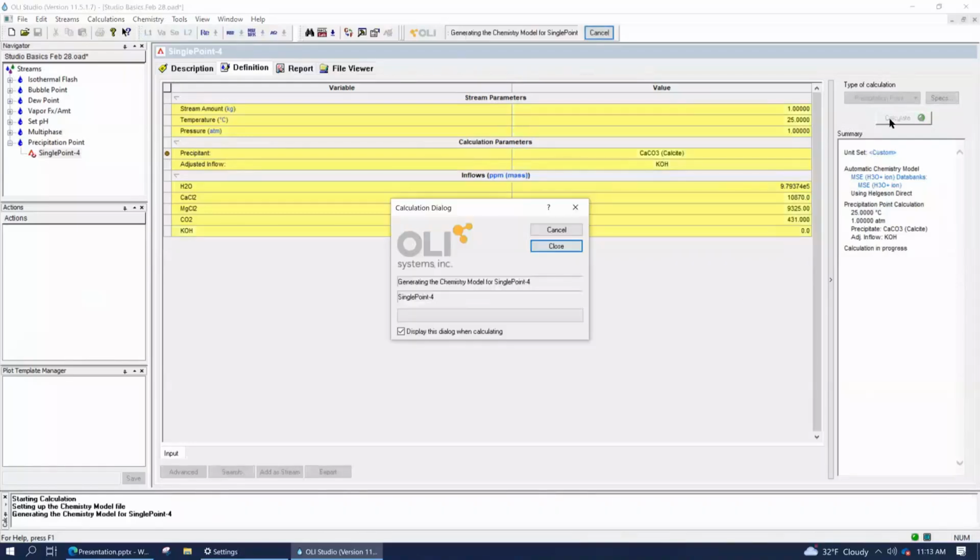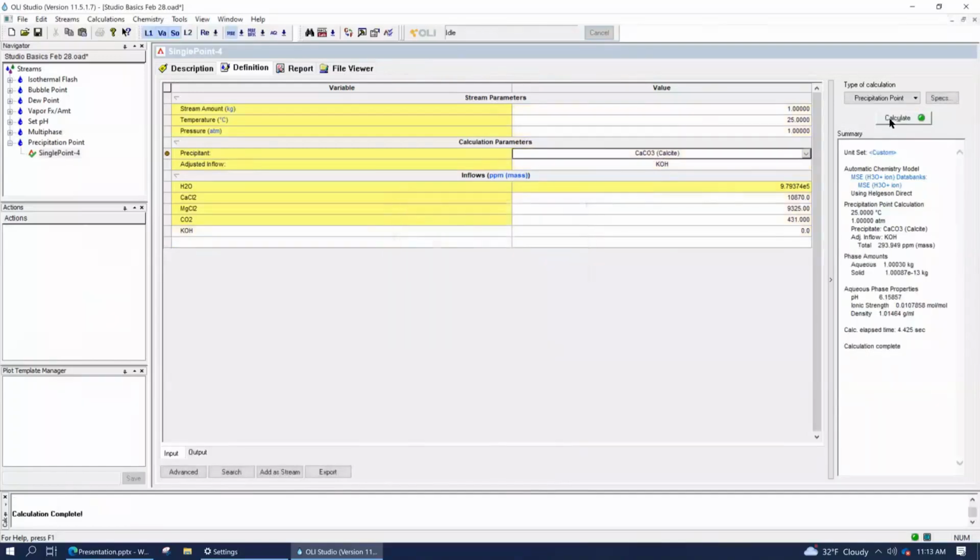And there are two things we're interested in. One, at what pH we can get to before scale starts forming, and how much KOH needs to be added in order to get there. Both pieces of information can be found in your summary section. So again, think about it just as a black box right now. We're saying we can get to about a pH of 6.1 before scale starts to form, or we can add about 290 ppm of potassium hydroxide before that scale starts to form.